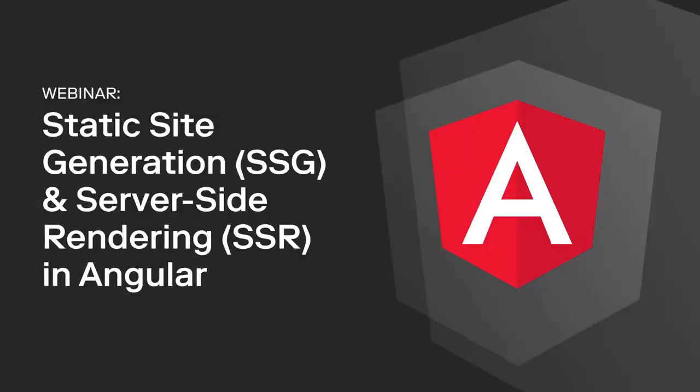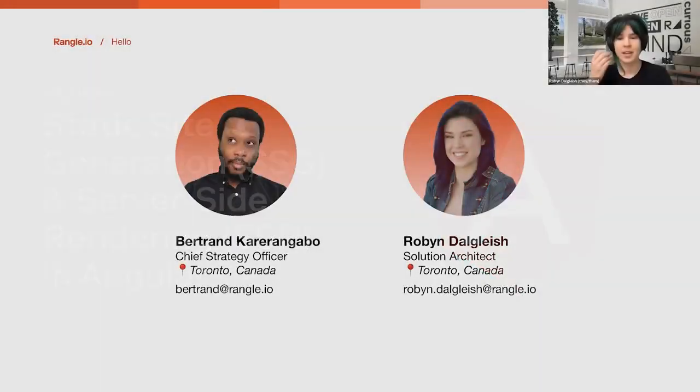Let's jump into a little bit of an introduction. I'll give mine and I'll pass it on to Bertrand. My name is Robyn Dalgleish. I'm a solution architect at Rangle. We help level up teams, and our aim is to remove ourselves from that and have them be just amazing on their own. Yeah, and I'm happy to chat today, and I'll pass it over to Bertrand to give an